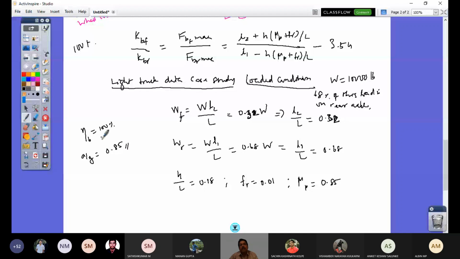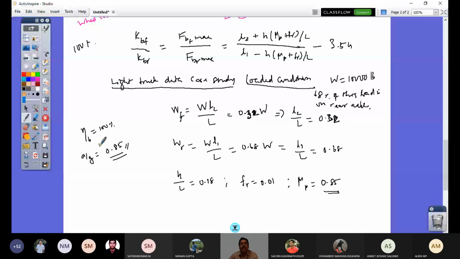Right, A by G is 0.85, this ratio. A is already in terms of G by G, so you have this 0.85. So then it is 100%. So that is what is dictated. The same vehicle, light track, is on a wet road surface, say 0.2. Then 100% braking depends upon whether your vehicle is able to develop this value on a wet surface.